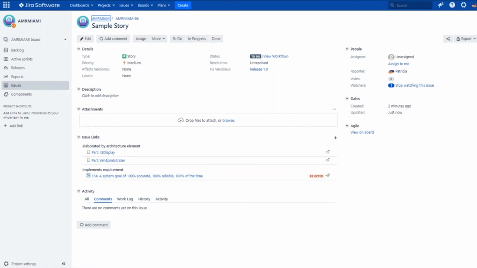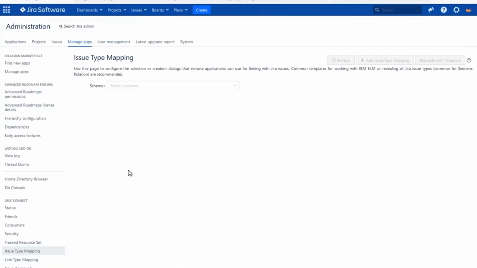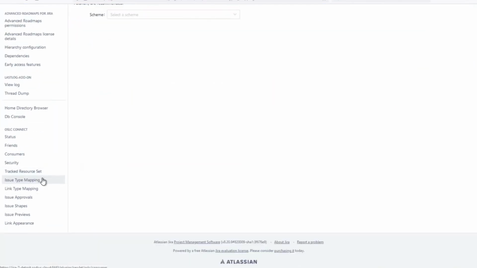So we'll give you a short example here within IBM ELM, because you can see as we went to create links before, we had about 10 different link types. We might want to make that simpler. And then we'll talk about how we can make some of the service provider activities within Polarion that much more direct to your Jira environment as well. So we can look at those interfaces. This is simply our